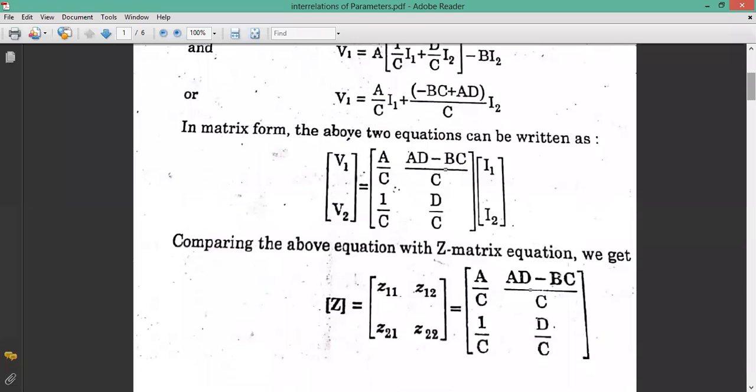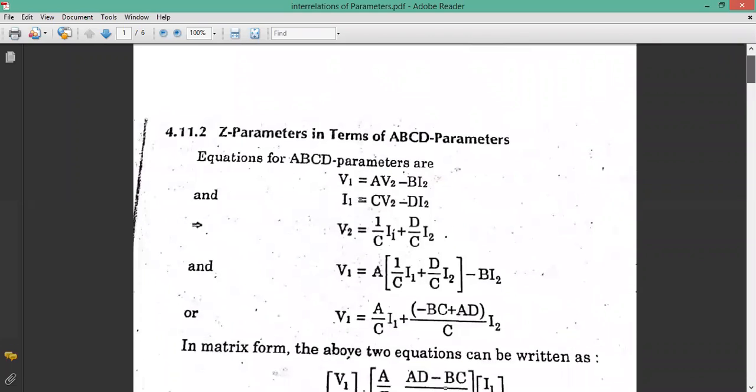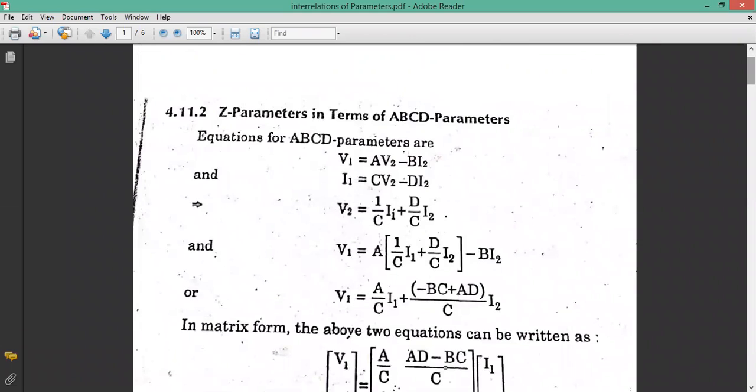Okay, so you can see here we have Z11, Z12, Z21 and Z22 is equal to this value. Clear? So the question is how you have to resolve and solve these derivations. You have two equations like ABCD; in this case you have Z parameter in terms of ABCD parameter. First you will write your ABCD equation, and you have to compare it in this way